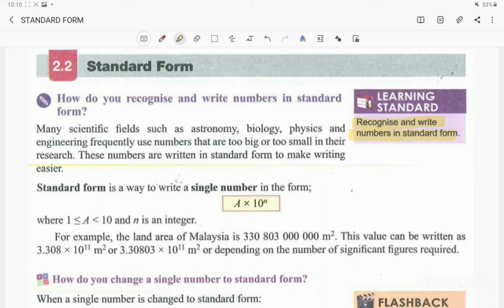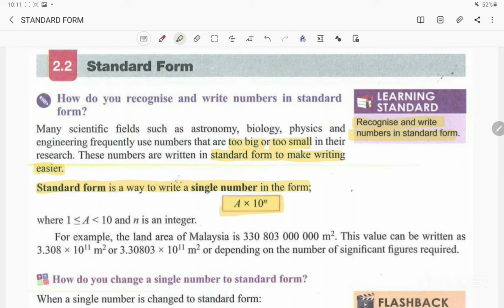Okay, actually in scientific field, as I explained in previous video, in astronomy, biology, physics and engineering frequently use the numbers that are too big or too small in their research. Okay, so this number is written in standard form to make the writing easier. Okay, kalau kita nak tulis dalam bentuk single number, number itu akan terlalu kecil dan mungkin ada terlalu besar. So standard form is the way to write single number in the form of a times 10 to the power